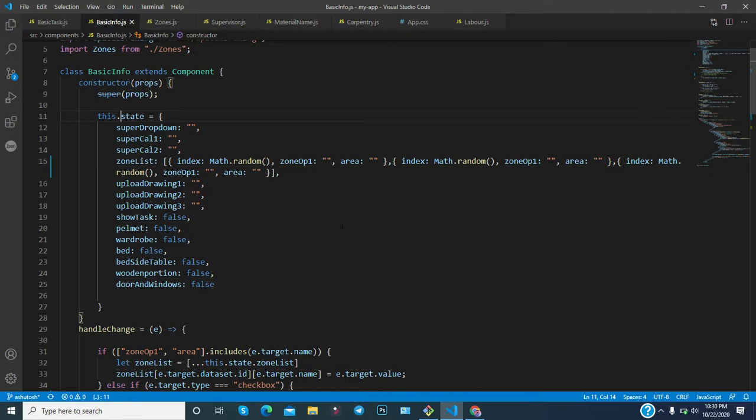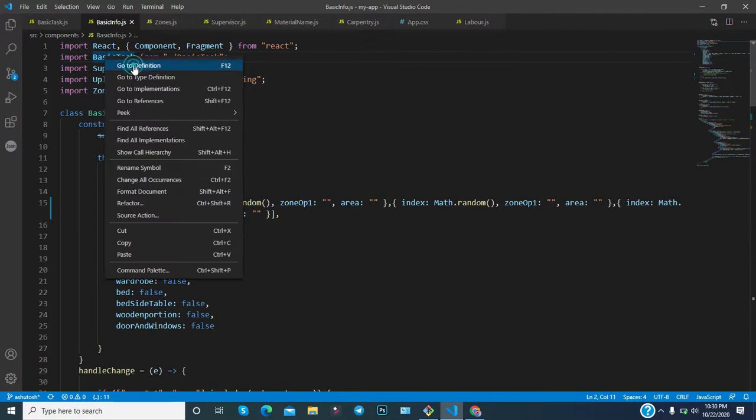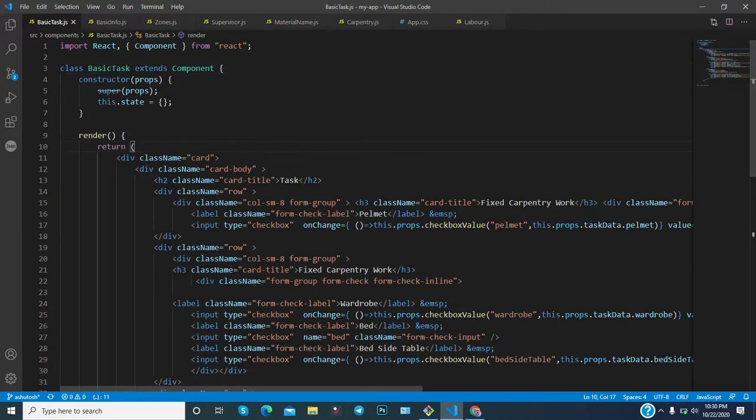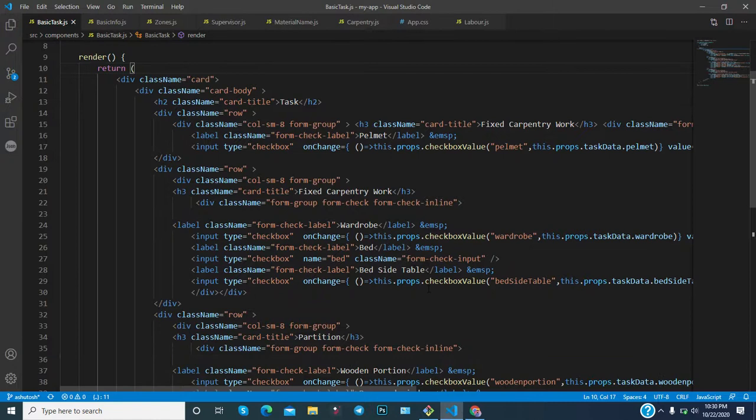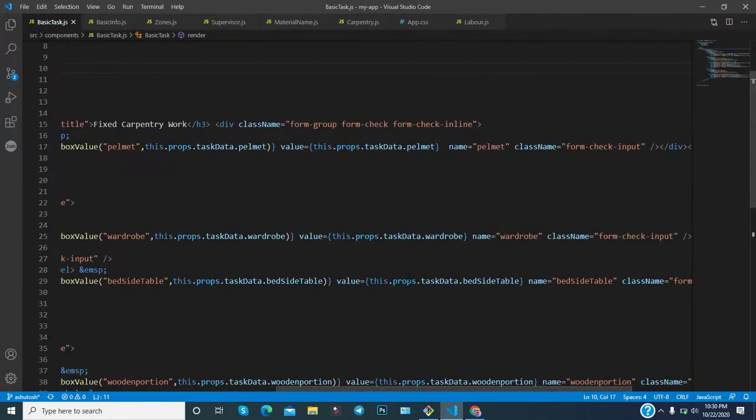So this is the basic form, and this is the basic task component which we have utilized and passed some props. In the props we have passed the data, and as props, as you can see, this is a checkbox and the value is this props task data, then wardrobe for wardrobe, and bedside table for bedside table.